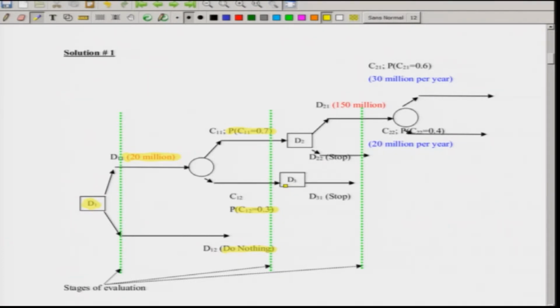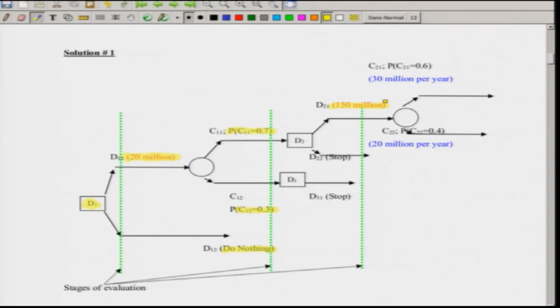Now, if the 70% is true, then obviously there can be two alternatives. One would be I build a plant and the cost, if you remember, is 150 million, and again it is red in color because I am investing from my pocket. I mean the Spectrum company, and the other alternative means that the probability is high, that means 70% is true,